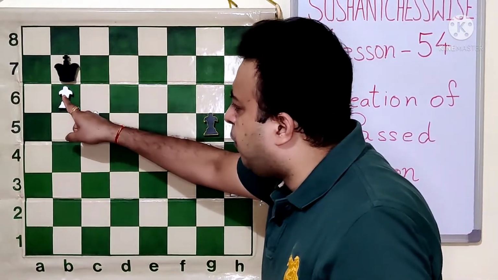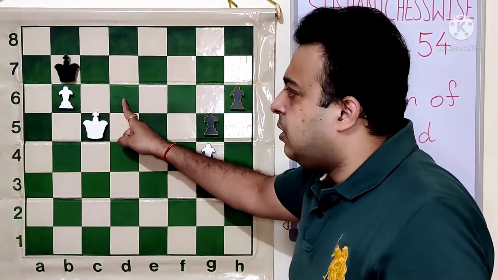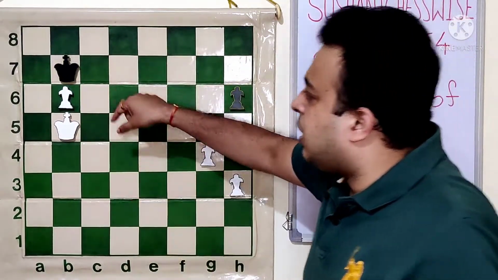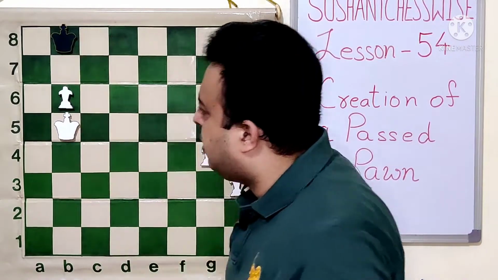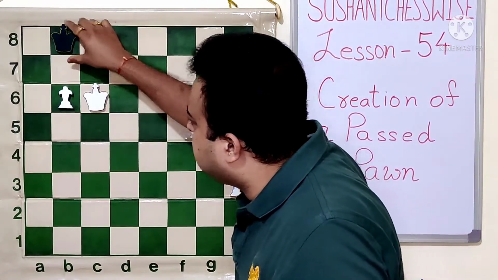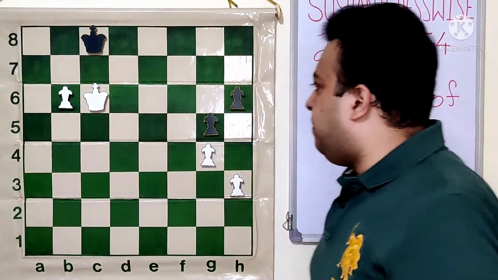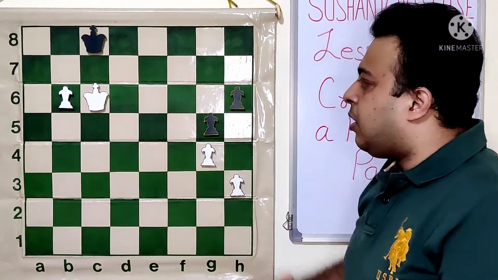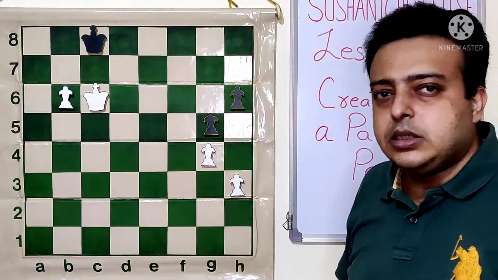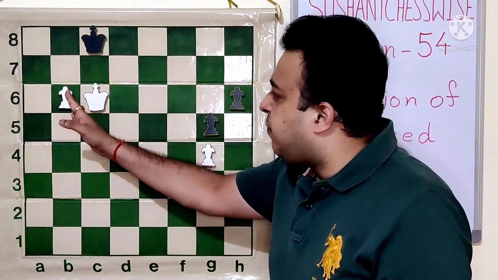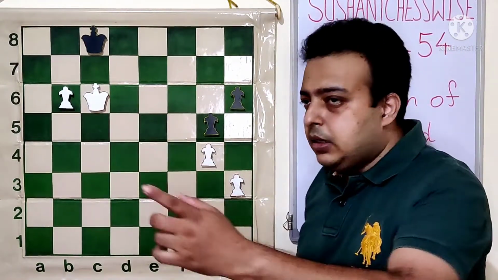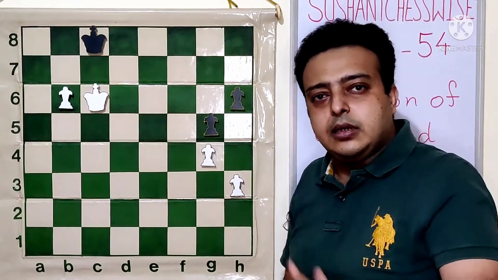White can give up the pawn immediately by playing KD6. Okay, but he should wait for one more move, KB5, forcing the king behind to B8. Now black is trying to take the opposition. King comes to C6, KC8. And here now the final technique. The passed pawn is there. Pawns are fixed on the other side. Now we see that we cannot queen this pawn by force. So finally we leave that pawn and the king will go to the other side and collect those pawns.